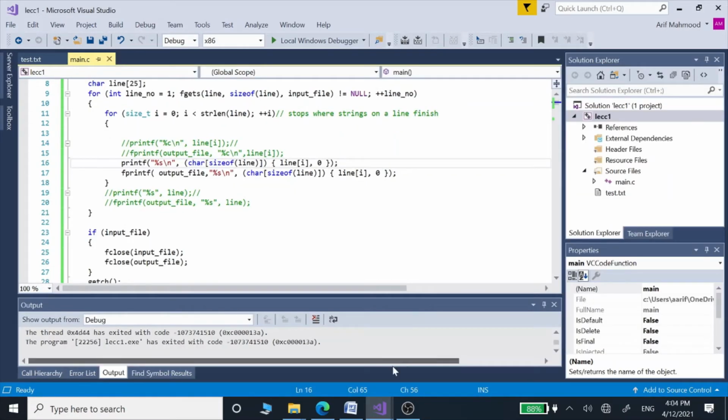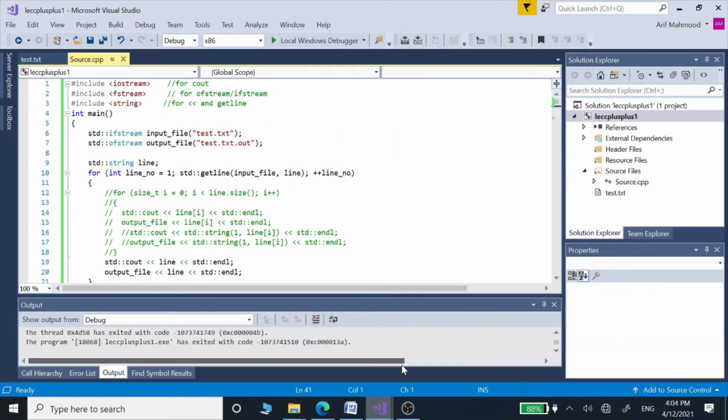And now let's move over to our C++ program and see how we can convert our strings into characters. This is our main program, and in this main program we have given the name of our input file, and we are going to open it using ifstream.